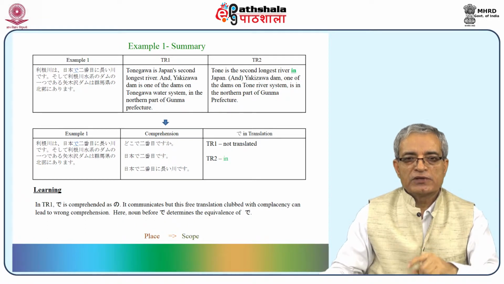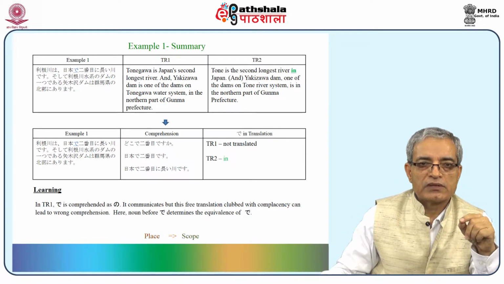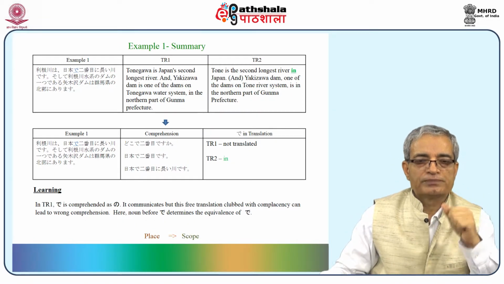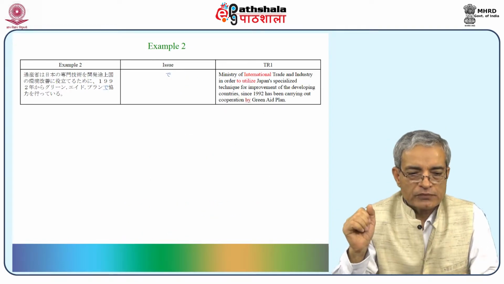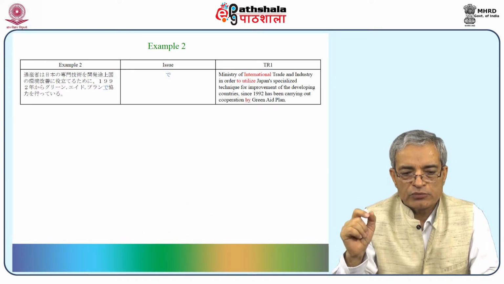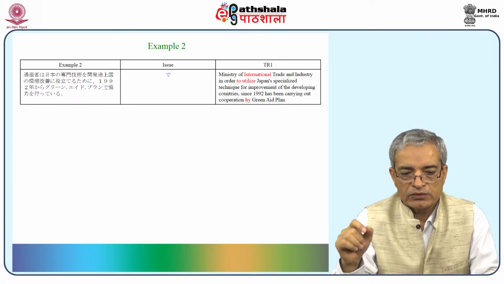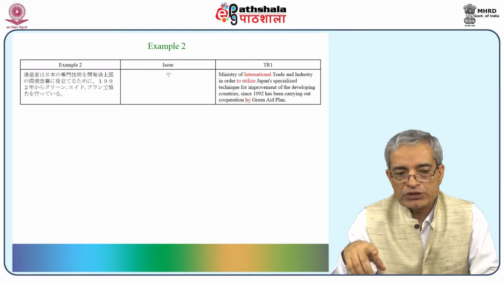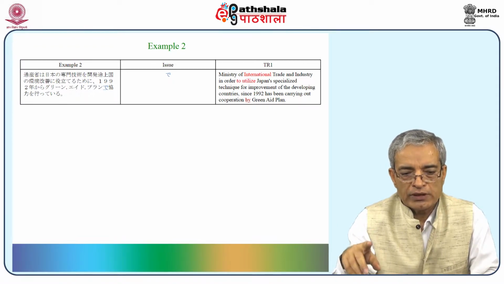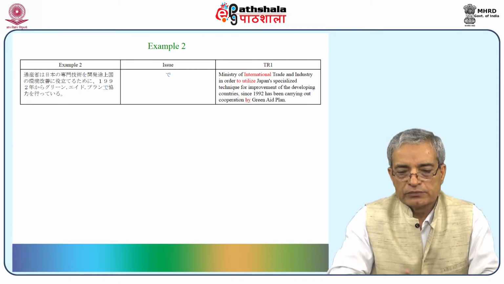Let's see the other example. Yes, quickly read out the translation, the original. Let's see the example 2. Tsusansho wa Nihon no senmon gijutsu o kaihatsu tojokoku no kankyo kaizen ni yakudateru tame ni 1992年からグリーンエイドプランで協力を行っている。Yes, Anu, can you